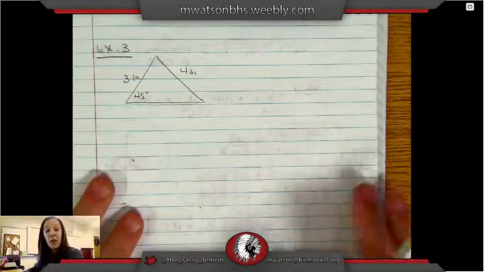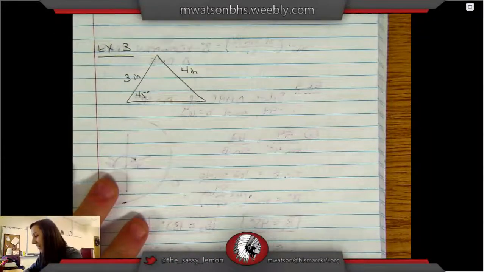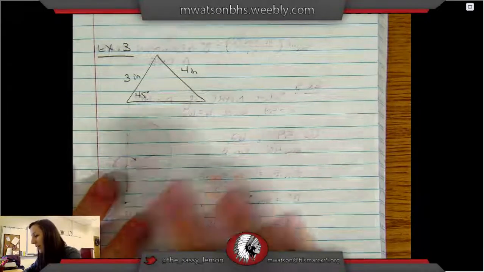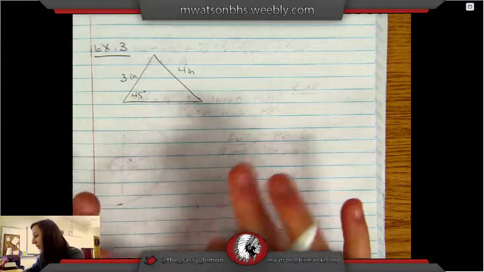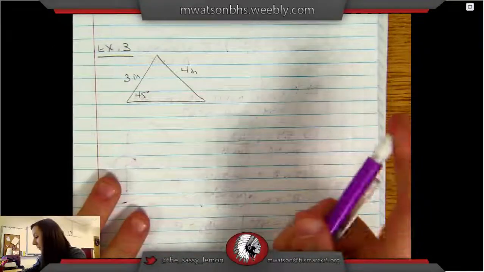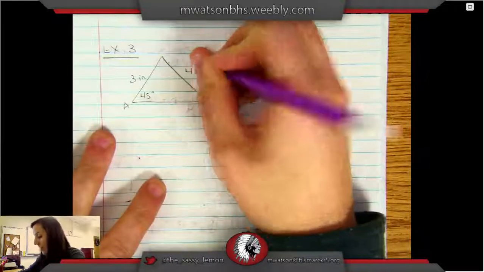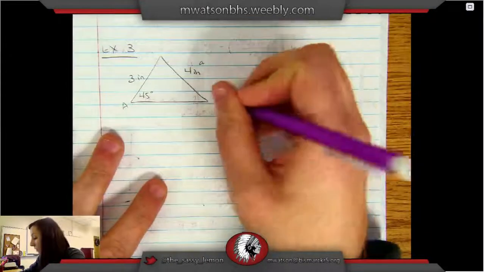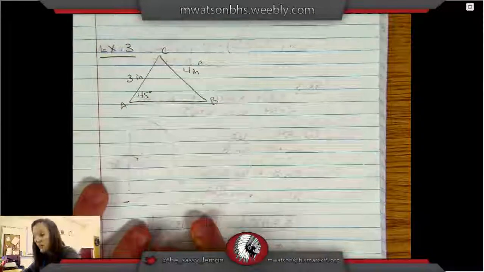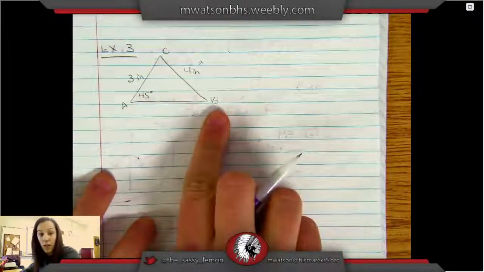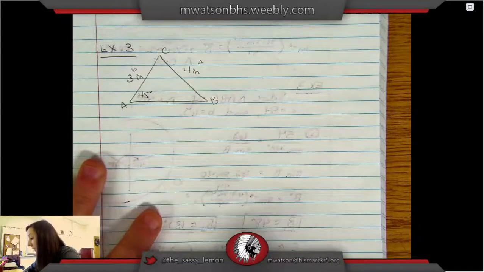Okay, so I think that I've got a triangle that's going to work properly this time. So we're finding the area of this oblique triangle, and we can see here that we've got an angle, and we've got the side opposite of it. And let's just go ahead for the sake of clarity and label these angles as well. So according to what I have drawn here, we have side length B, but we're missing two angles and a